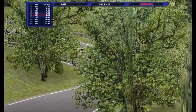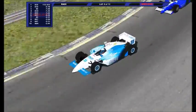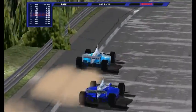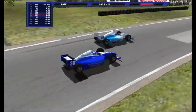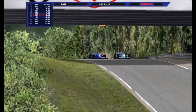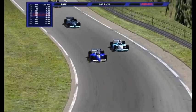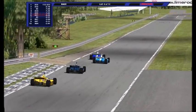Cole Baker has gotten around Eric Almenhart for 3rd place here. This has actually turned out to be much more entertaining than I thought it would be. Guys are going all over the place here on this racetrack. Very, very nice. I really am enjoying this. Anyways, the 30 of DeFeo is going to try to get to the inside of Hoffman for the lead again. And they're side by side. But DeFeo's going to have the inside lane this time, and Michael DeFeo takes the lead back from Caleb Hoffman,